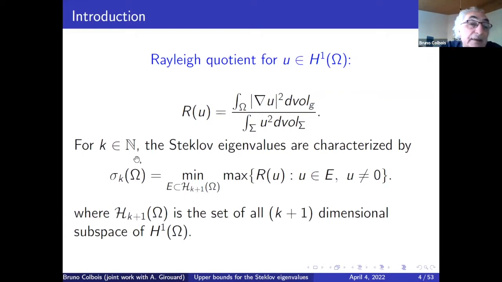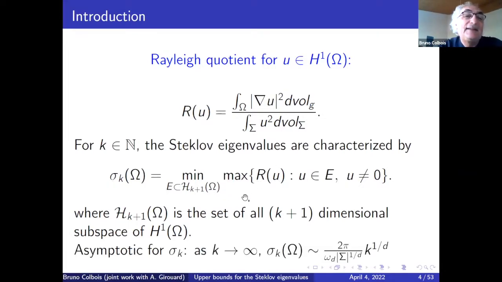That is, you can get the eigenvalue sigma_k by considering all the subspaces of H^1 of dimension k+1. When you have one of these subspaces, you take the maximum of the Rayleigh quotient for the functions in this subspace, and if you take the minimum of the maximum, you get the k-th eigenvalue. Of course, it's not the best way to calculate. It's not impossible to calculate the eigenvalue explicitly, but